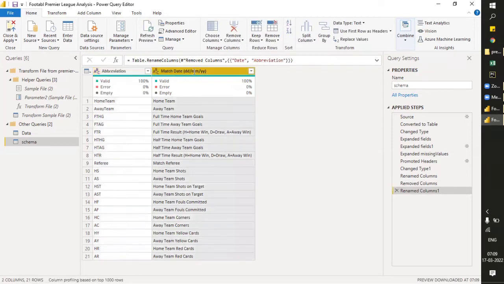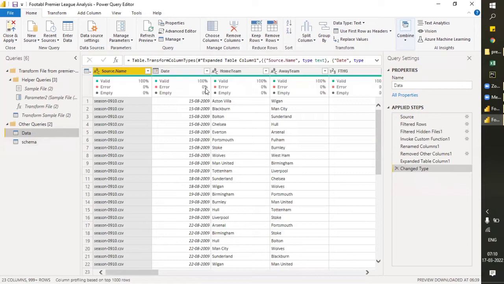Okay, and this is my full form. Okay, so this is what we have here. Now we have imported this file. Now our next task is to rename this and work on the data